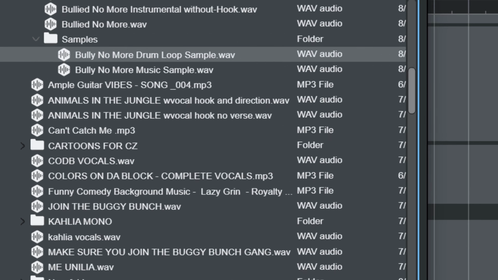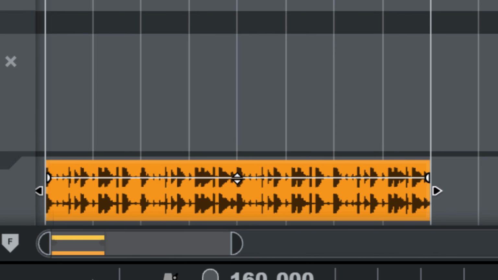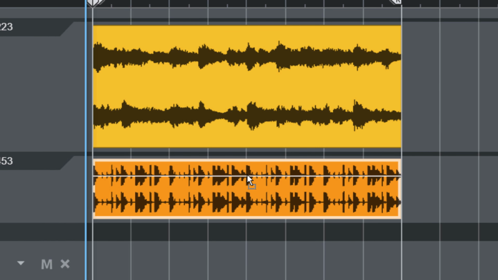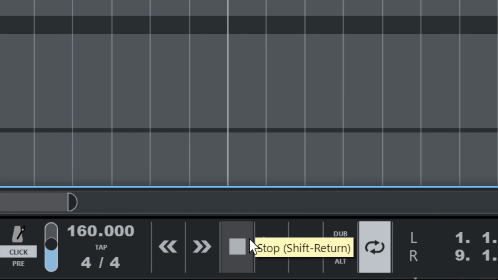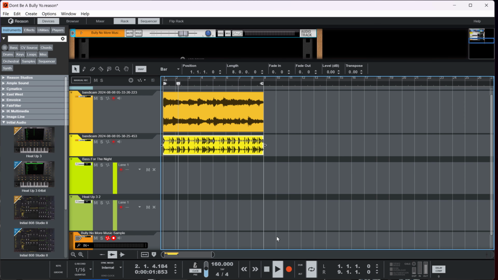We want to import the drum loop. Boom, okay, we got the drum loop down here. And let's put it together. So look, we're halfway there. Now listen, this is what I want y'all to really pay attention to: the speediness of the production. Again, we gotta move fast because we can't be waiting all month for content, right?